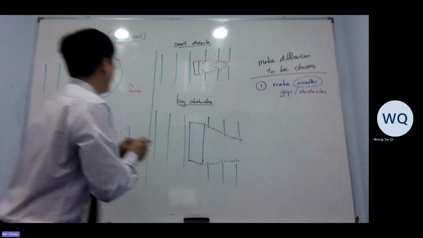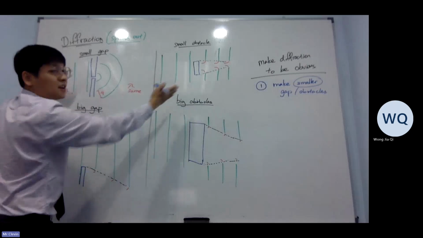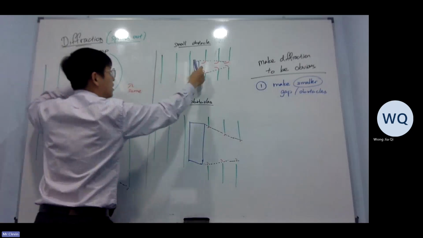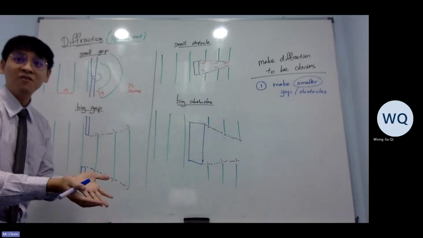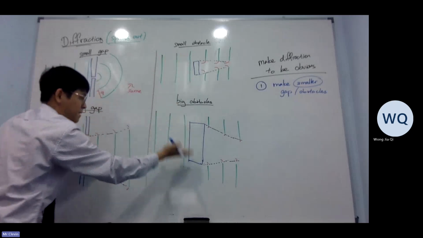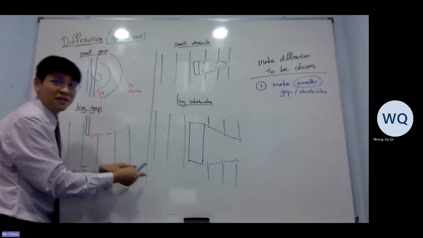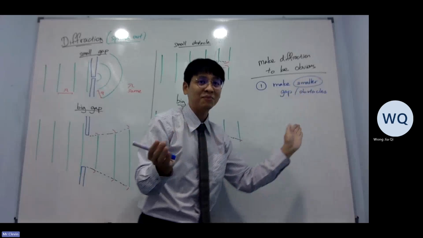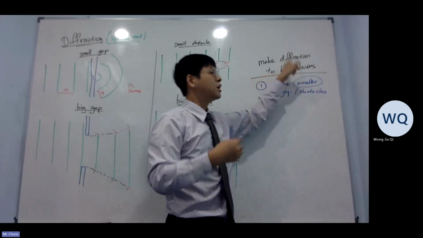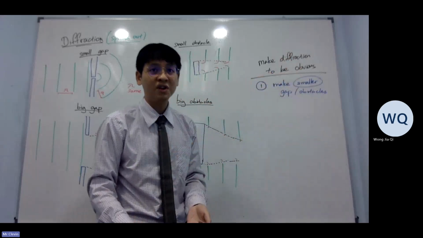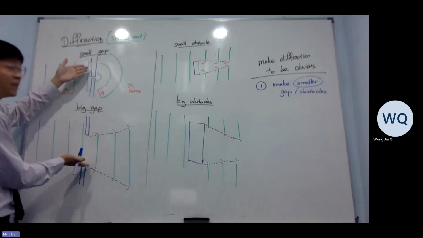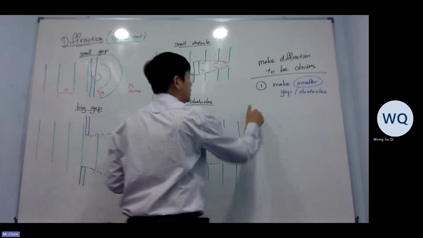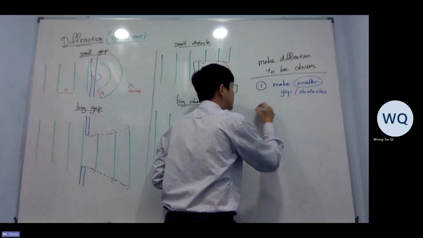You see here, whenever I'm drawing the 2, I emphasize a lot that whenever they are smaller, the bending effect is very obvious. But whenever they are bigger, the bending effect is only very subtle. Because when we make something very small, the diffraction is much more obvious compared to this and this. Then, number 2, what we can do is